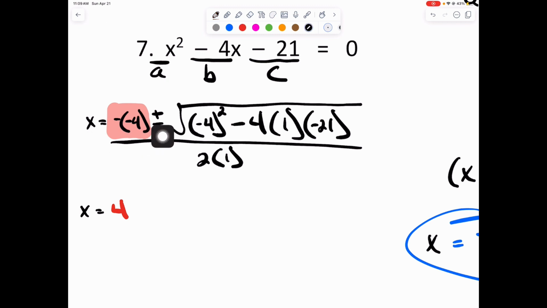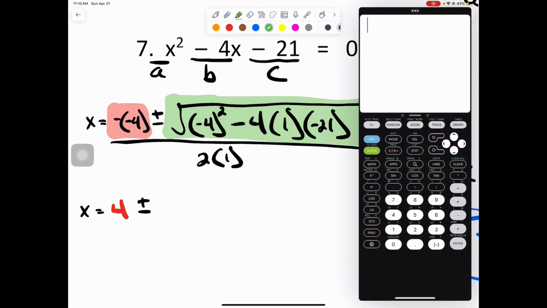Our plus minus right here, just continue to bring it down. Now, due to the fact that we already went through this, we know it's factorable. And if you know it's factorable, you can do another shortcut when you're doing this. You can simply take everything that's highlighted, and that includes opening up your radical here, and hitting second,